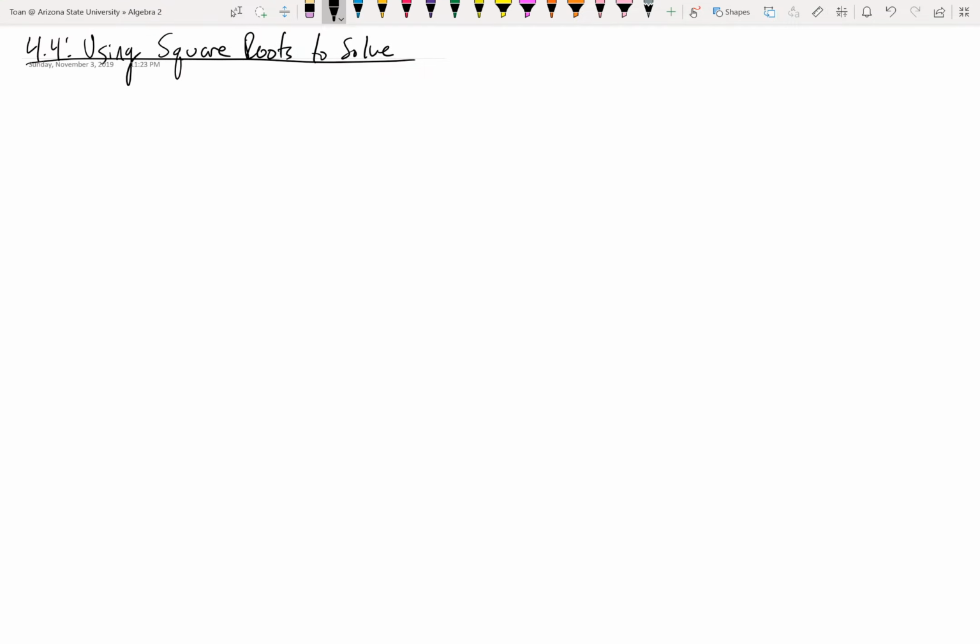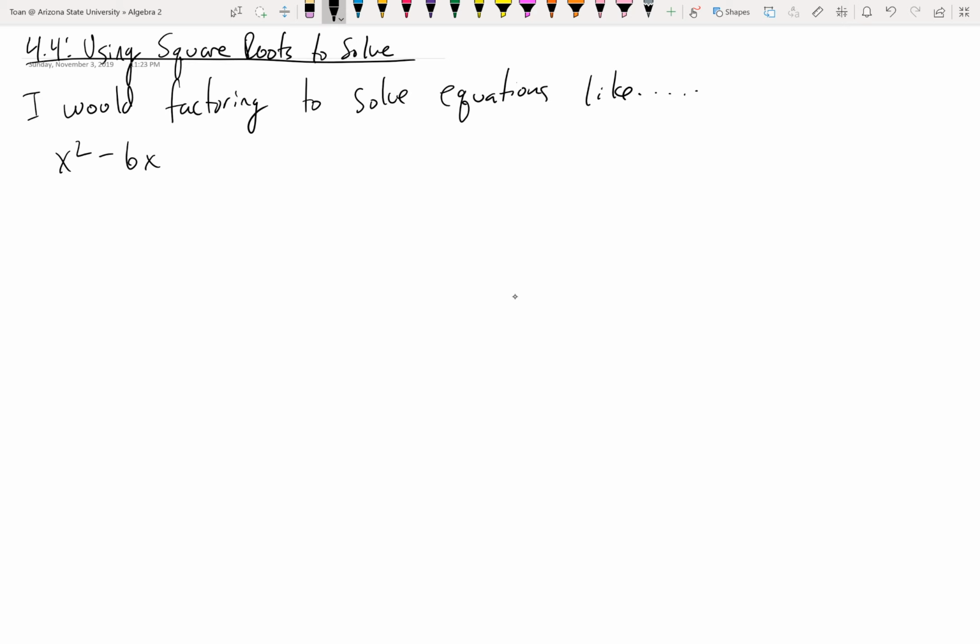So we've been talking about using factoring to solve quadratic equations because we can exploit the zero product property. Now, we typically only need to use factoring if we have multiple variables of x's. For example, I would use factoring to solve equations like x squared minus 6x equals 0, x squared minus 5x plus 6 equals 0, 2x squared plus 5x minus